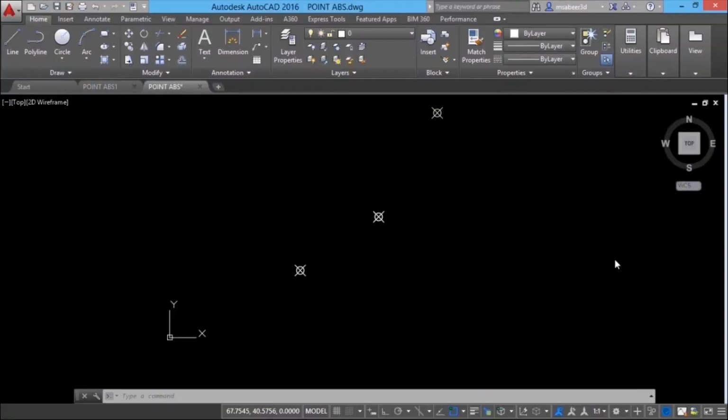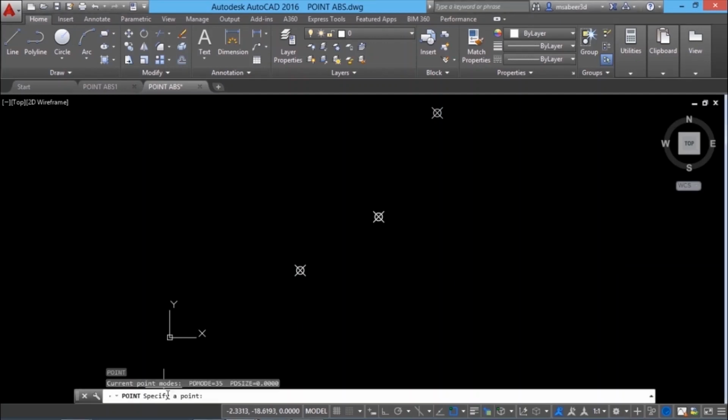Polar coordinate method can be either absolute polar or relative polar. Just now we have tried relative polar method because we have used the most recently plotted point as the reference point to plot the next point. The polar method can also be absolute, in which you directly enter the distance and angle without starting with the @ sign. Let's see an example. I'll give PO for point and I'll enter 30 less than 45 and there is no @ sign. When you give it, you can see that this point is at a distance of 30 units from the origin, and the line joining this point with the origin makes an angle of 45 degrees with the x-axis. And such method is called absolute polar method.